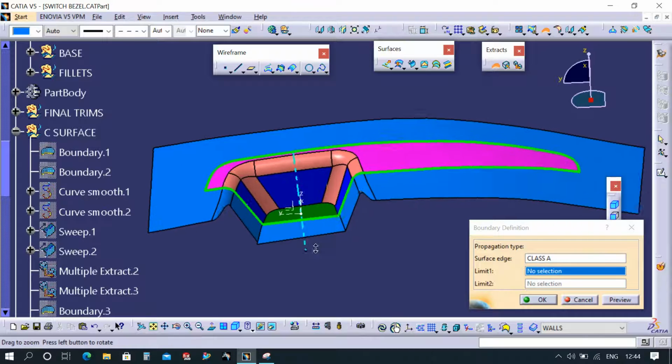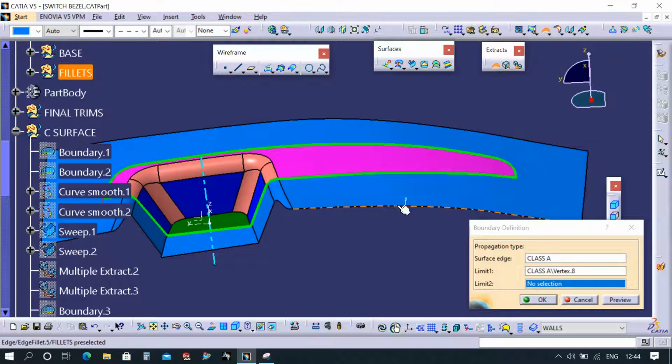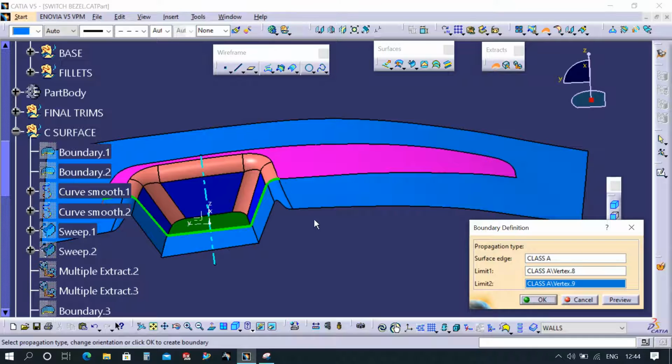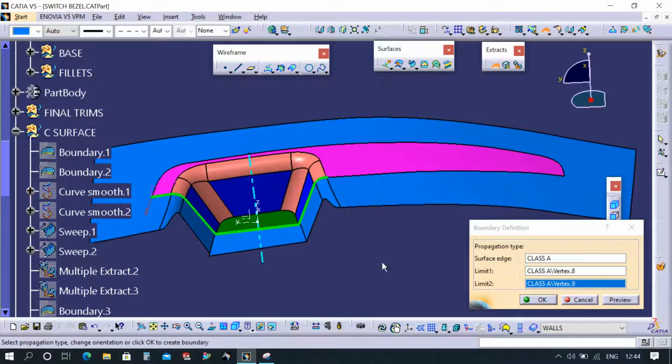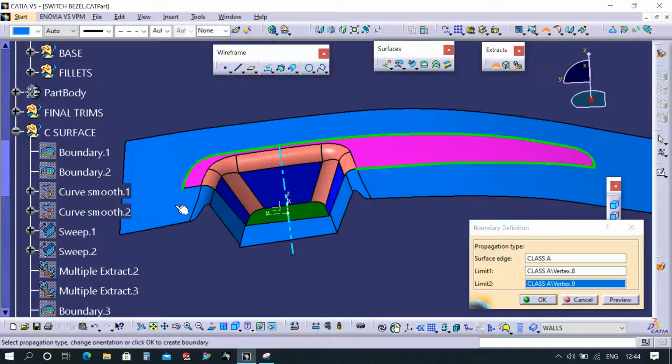So what does that mean? Limit 1, select this point, and select another point, suppose I am selecting here. So it is limiting that we are taking this portion, or you can take the other portion also. To take that larger portion you have to reverse this direction.